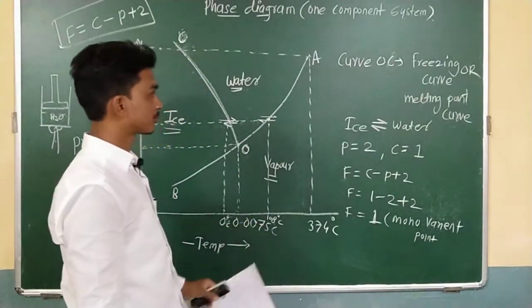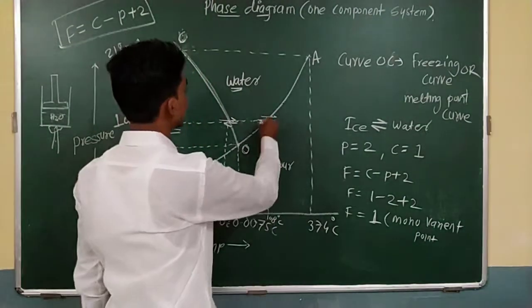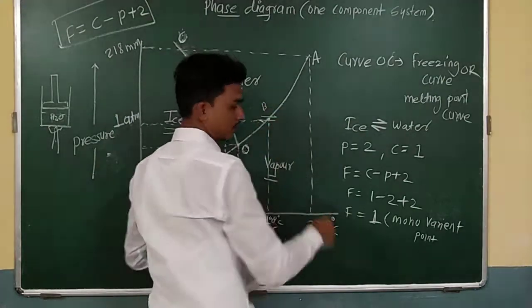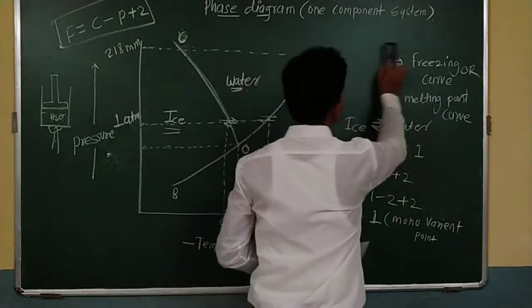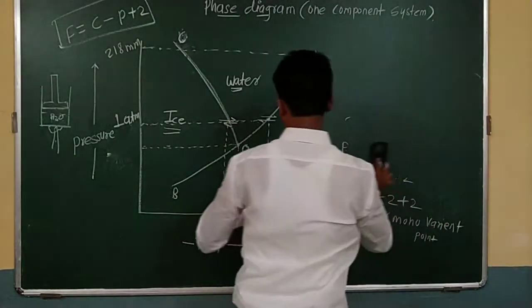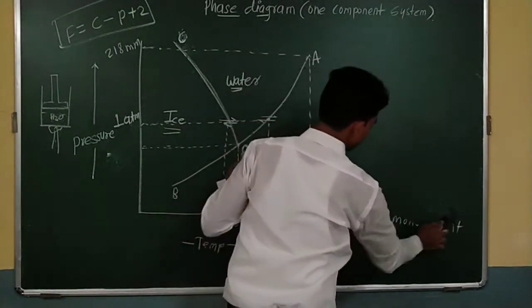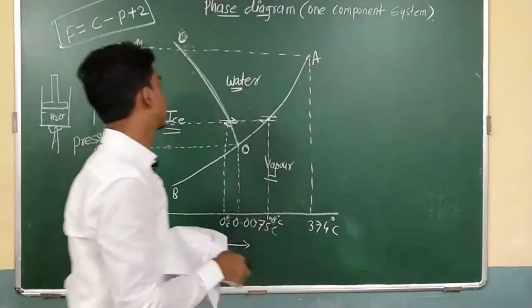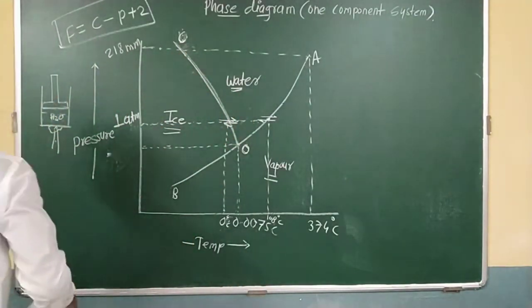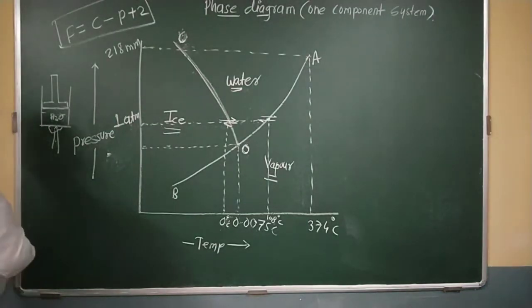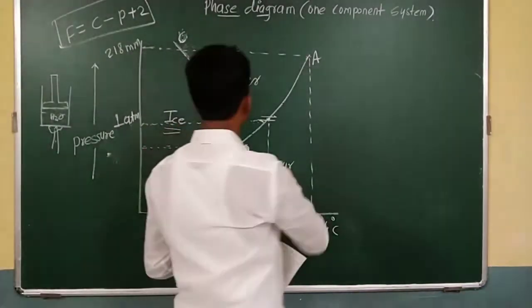That means this curve is known as the boiling point curve. Curve number 3. We have covered the point O, and after that the curve O to C, and now we want to cover the curve O to